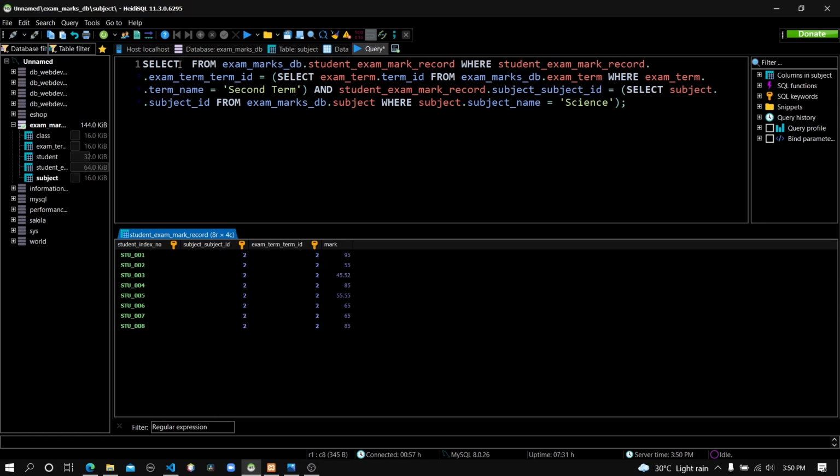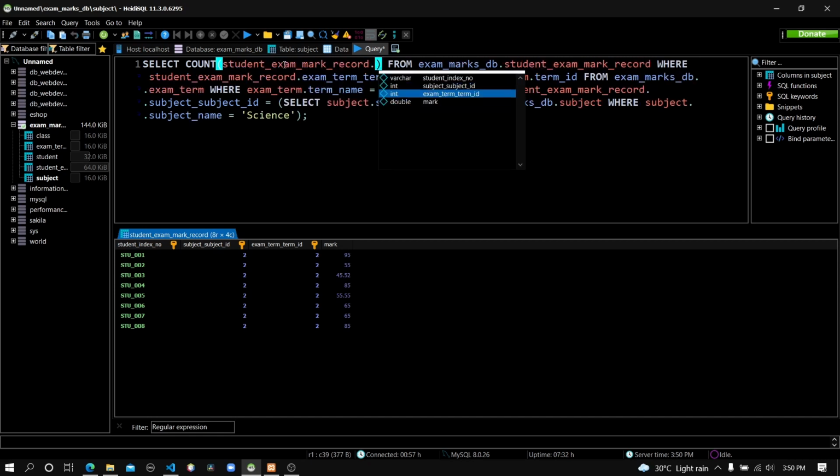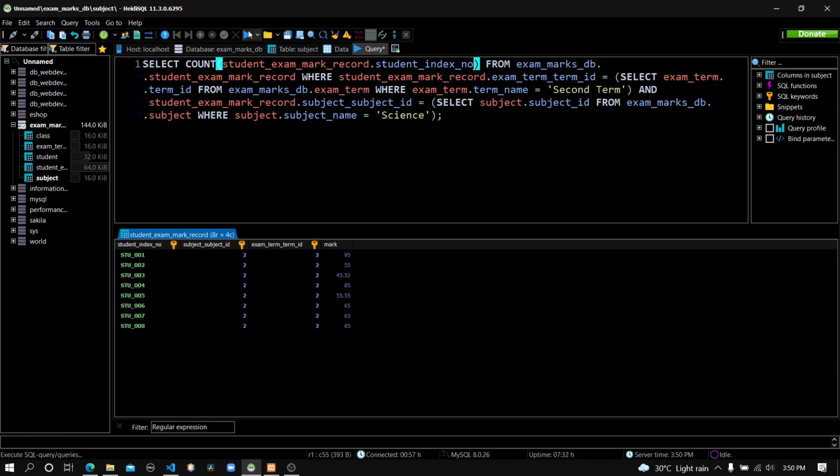Now we can write our count keyword and input the student index number to this count keyword, and when this code executes, it will count how many records are in the result set. So in the student exam mark record table, I need to count the student index number. Here this is the final answer, number 8. There are 8 students who faced the science subject in the second term test, and I'm going to change the attribute name using AS, and this is the new attribute name,